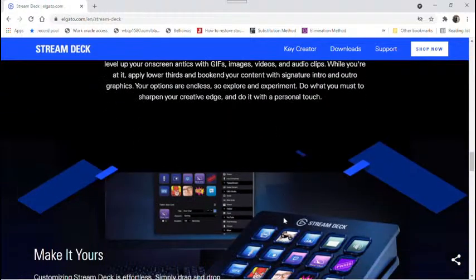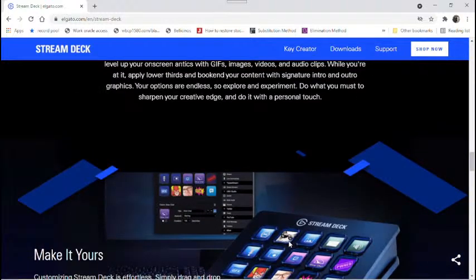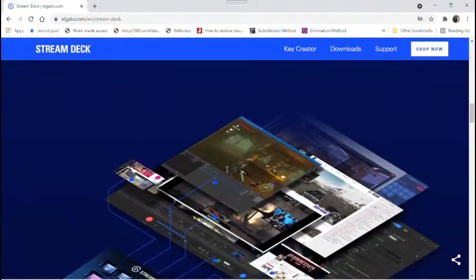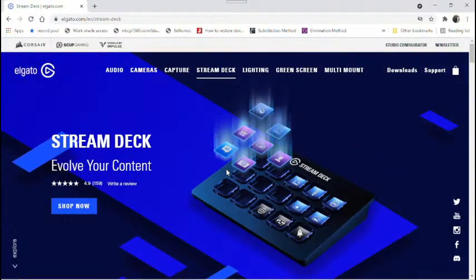And the thing I noticed about this system is that if you are a new streamer, you do need to install OBS prior to installing the Stream Deck software, or you're going to have to reinstall the software if you have not installed OBS. It actually creates a plugin that goes into OBS so that you're able to control it from the different switches. So you can turn your mic on, you can turn your mic off,